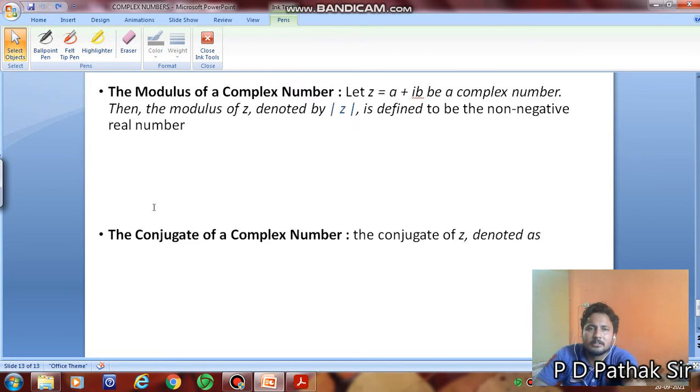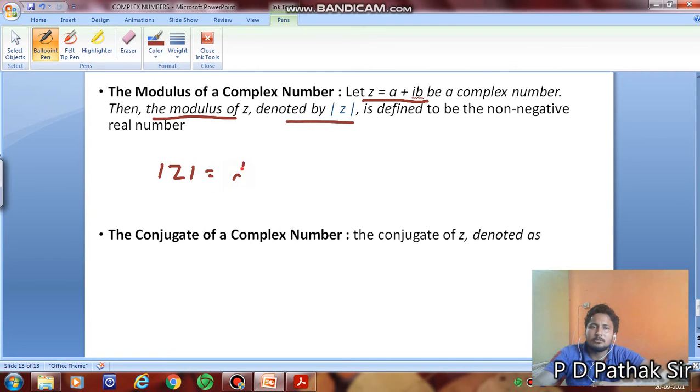Now come to the next part: the modulus of a complex number. What is the modulus of a complex number? Let z = a + ib. Then the modulus of z, denoted by mod z, equals root of a² + b². For example,